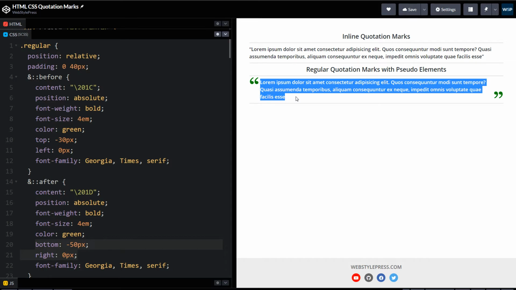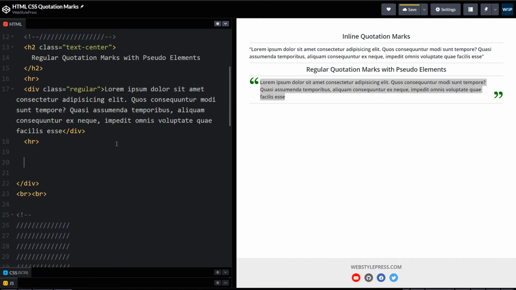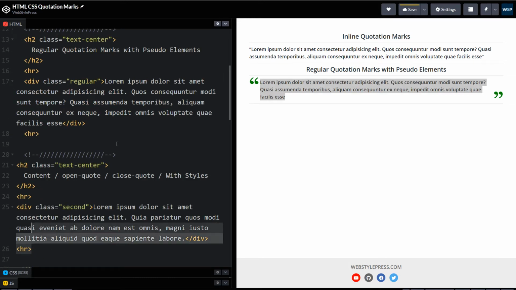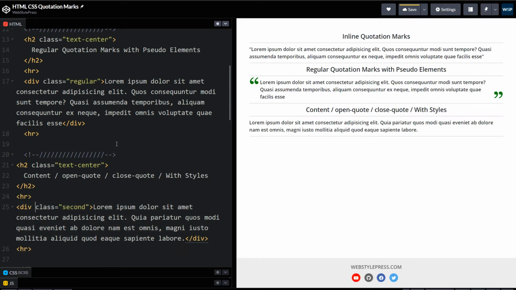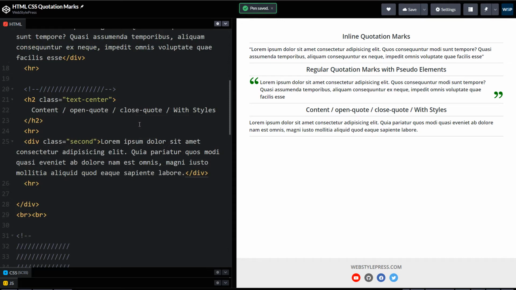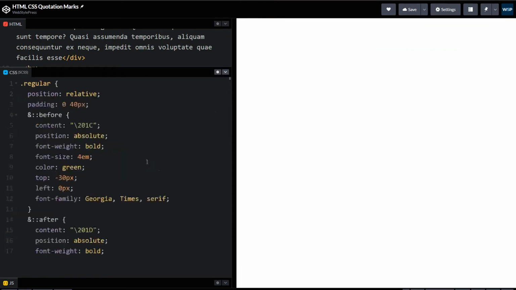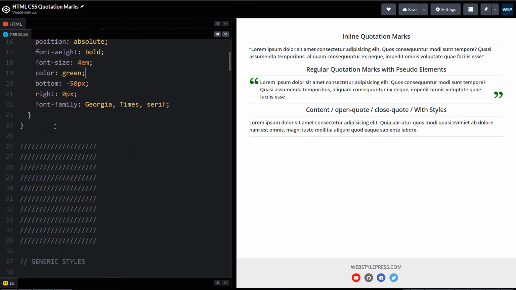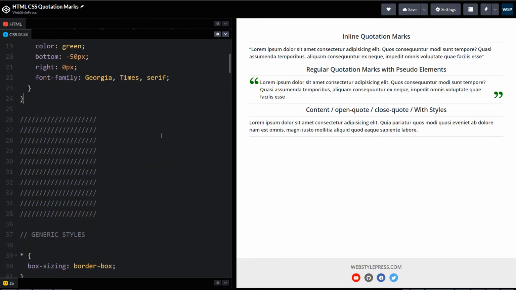To solve that, we will use the quotes CSS property and open-quote and close-quote values for the content CSS property in pseudo elements. So here is some more HTML, again in a div, and it has got class second. Let's style second.